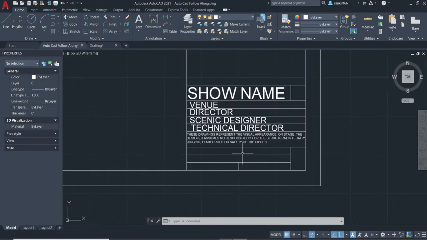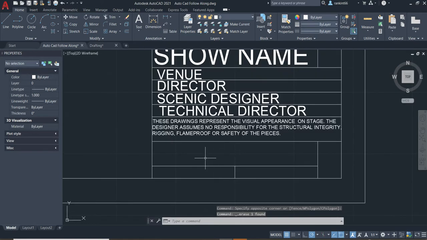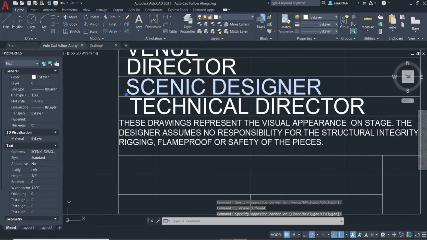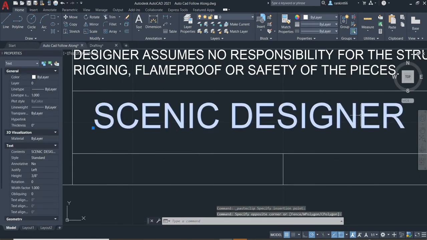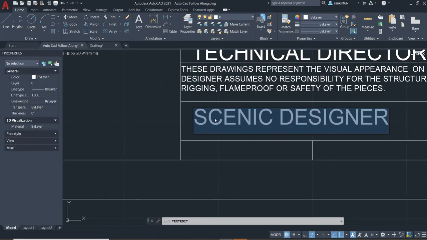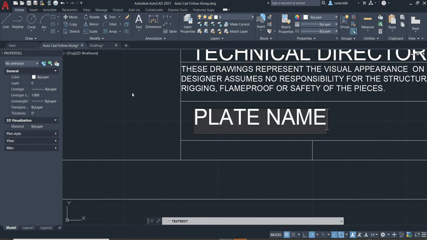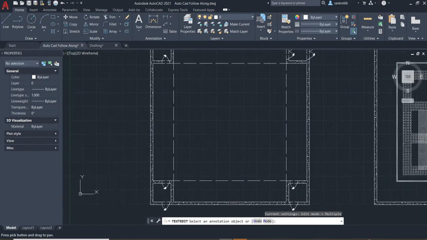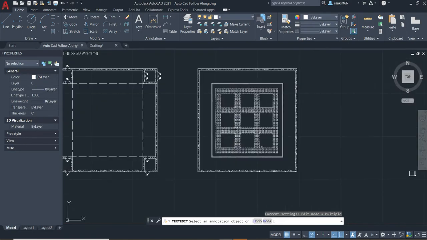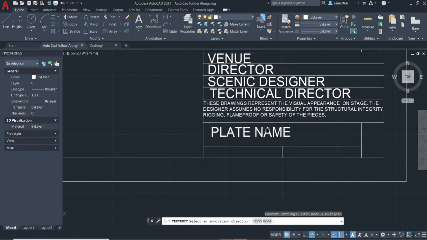Below that piece, I want to delete this line out. And this is a location that I will include what the plate name is. So I'm going to copy this and paste it in here. In writing what exactly this plate of drafting is. Plate name. For like this piece, this would be ground plan floor 1. And I would put on here ground plan floor 2 for like the plate name. Below that,